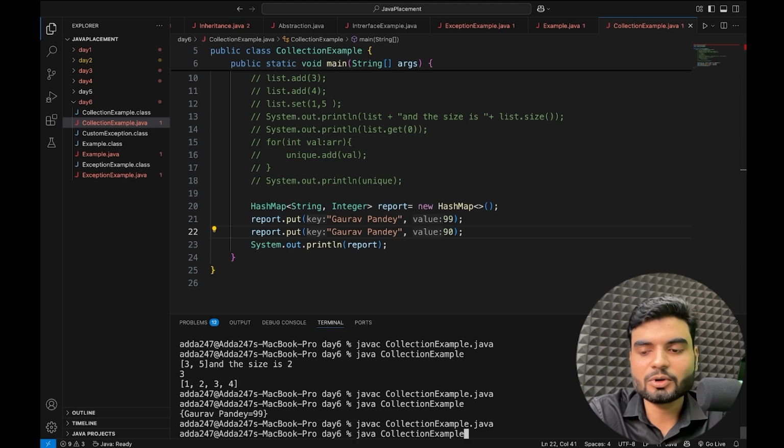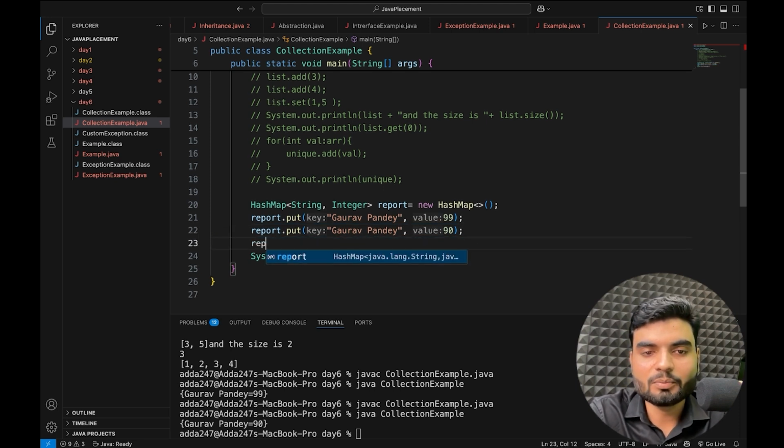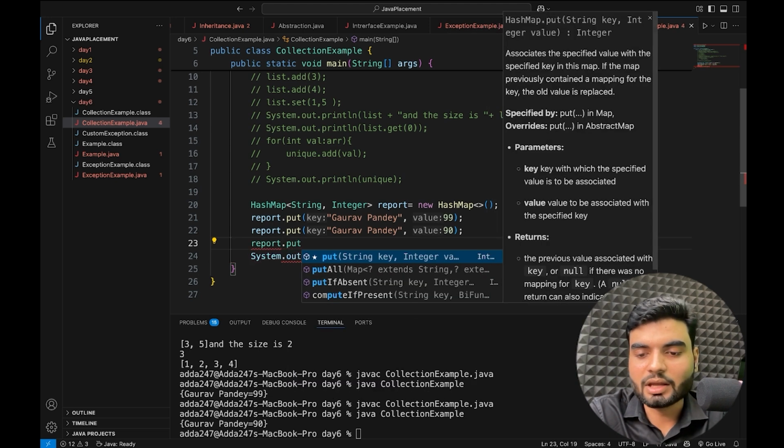So that's what I'm doing here. Look at this, it's updated now. That's how you update with the put method itself. Again, how will you access it? If you want to access, let's say there are multiple people, so I'll put report dot put. This time I'll put, let's say,